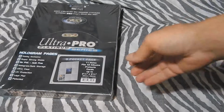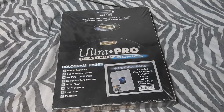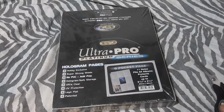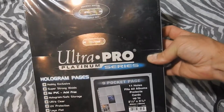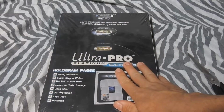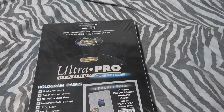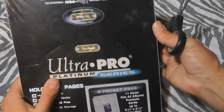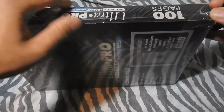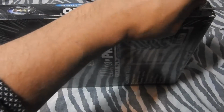Wham! Yes, it might sound and look silly, but you gotta start somewhere if you're trying to make some unboxing videos. Why not start with the very basics, the real Ultra Pro sleeves for your cards. It doesn't happen that much that you buy a whole thing of these, I guess. So I'll open this for putting cards in for Pokemon,